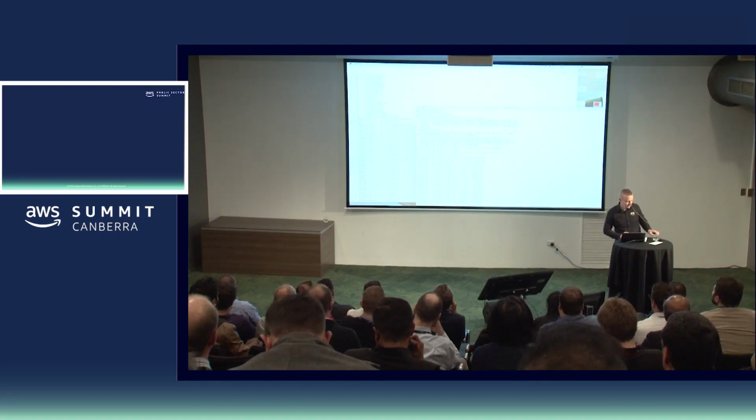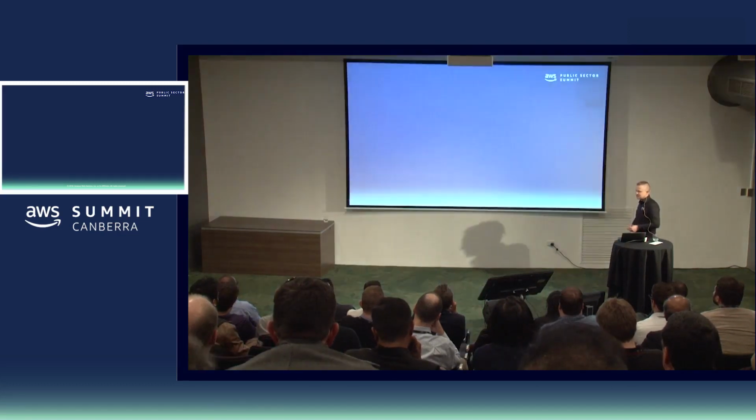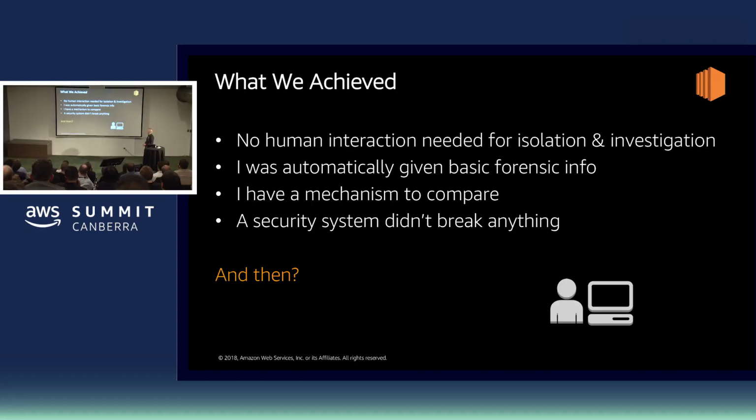Cool. Right, let's switch back to the presentation now. Thank you. So what we did is we've run some, okay, very rudimentary, very basic forensics, but we can extend upon it, right? We've got the Step Function there, we've got the Lambda functions, we can grow. But no person, Bob, didn't have to be involved in this process. So not only did it save him getting out of bed, but it could have saved us from a worse or more widespread incident.